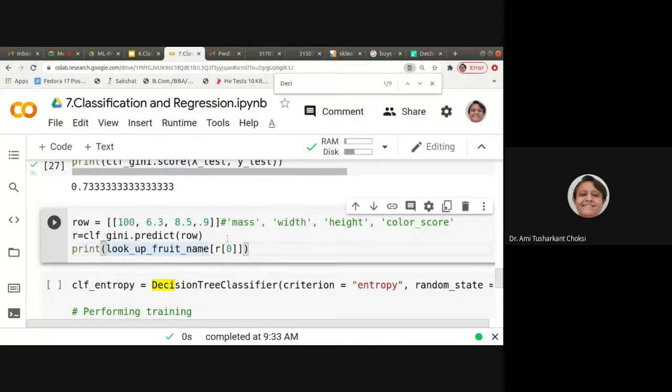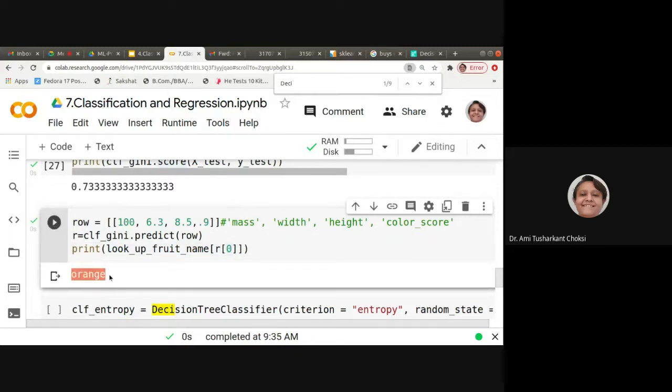But as we have stored the fruit names in the dictionary, what we want is to get the fruit name, because from the number we do not remember whether it is apple or orange or lemon or what, right? So for that we are using the dictionary, and whatever is the index that we get from here, from the result of this prediction we have to choose the 0th element. So it will give us the label, isn't it? So let me run this.